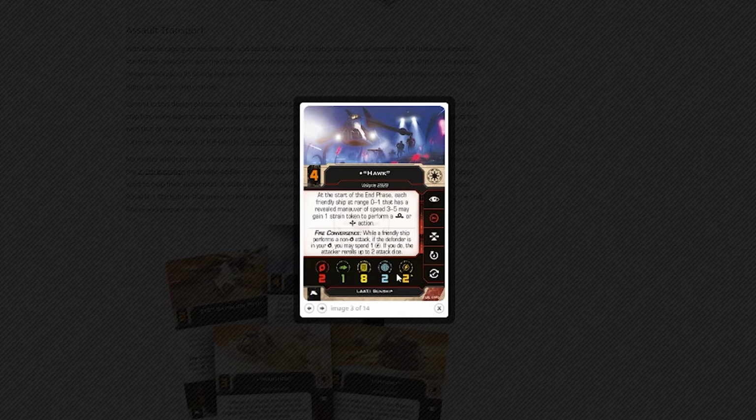Okay, so another good possible pairing with the N1, considering those things already want to go speed 3 to 5 in order to gain their evade tokens off of full throttle. So honestly, this seems decent enough as a positional flexibility piece for N1s. And